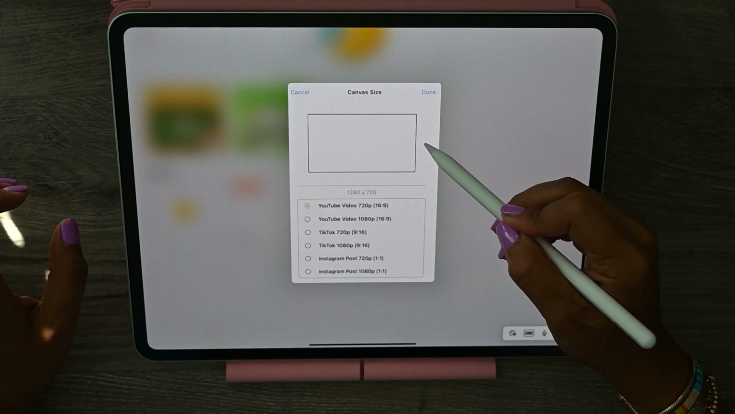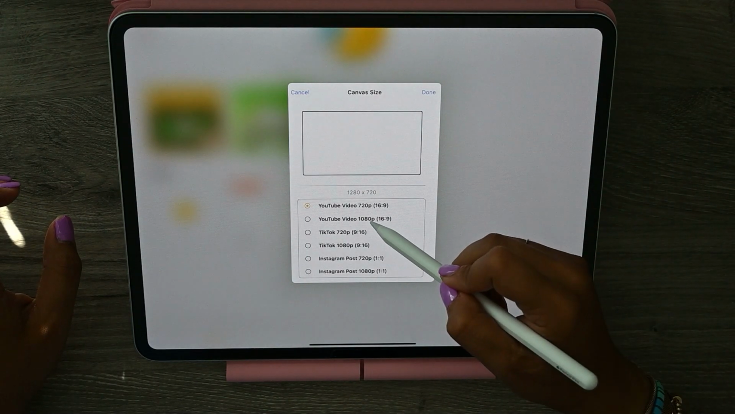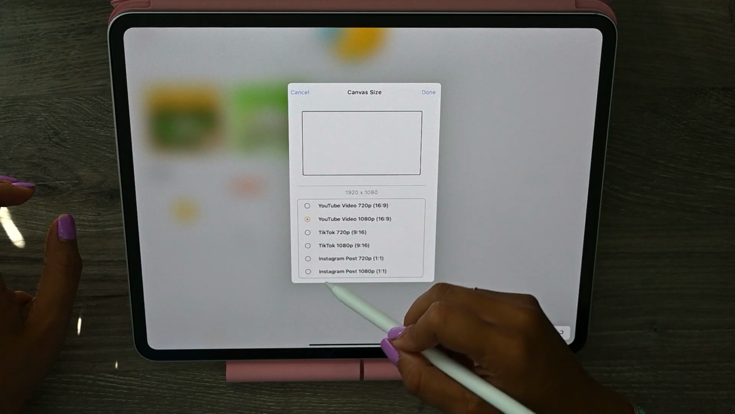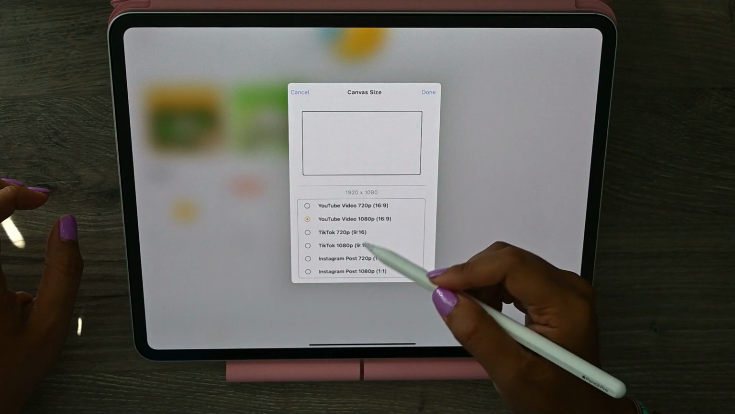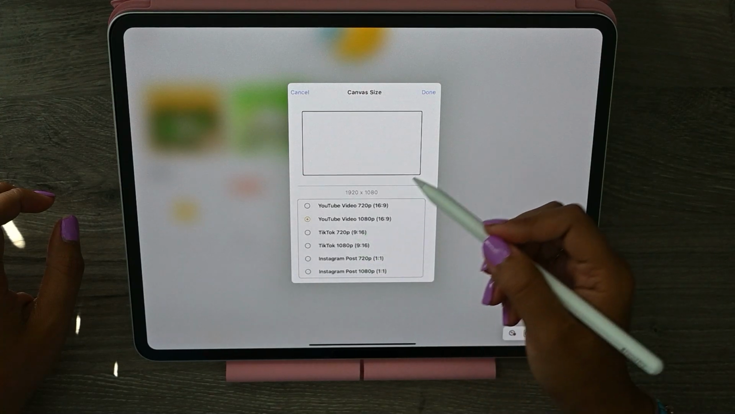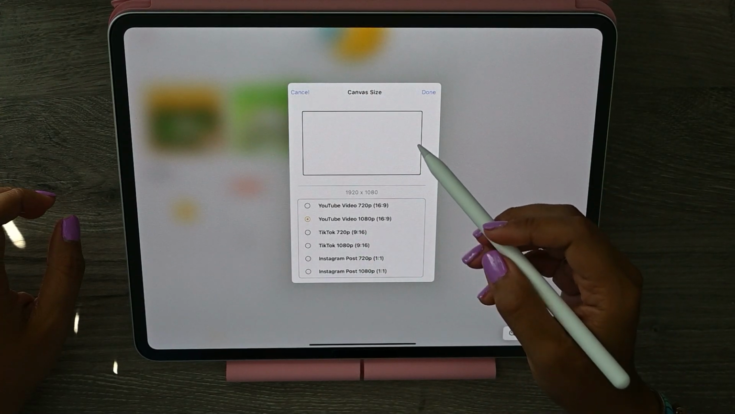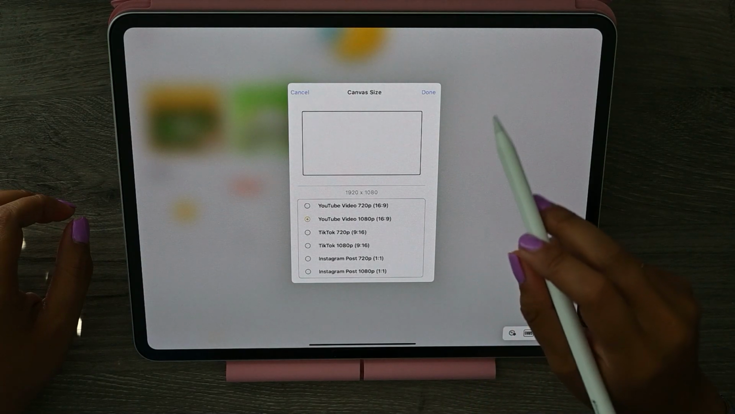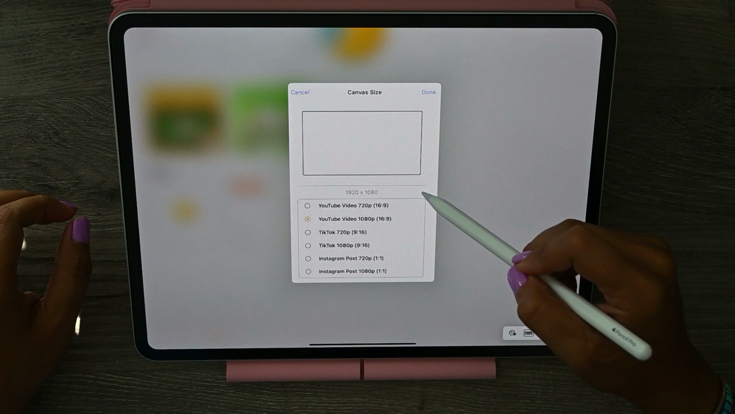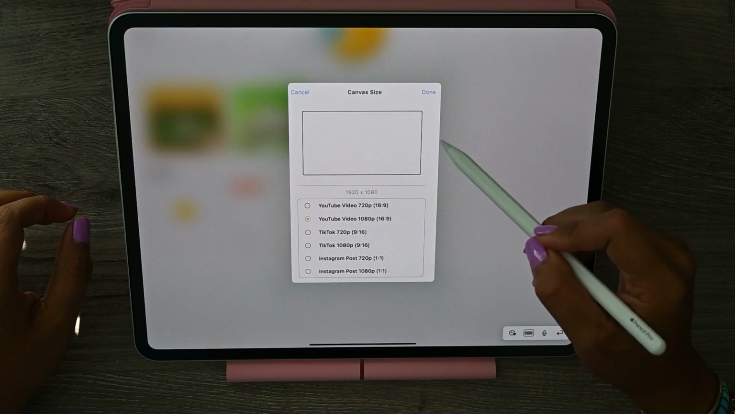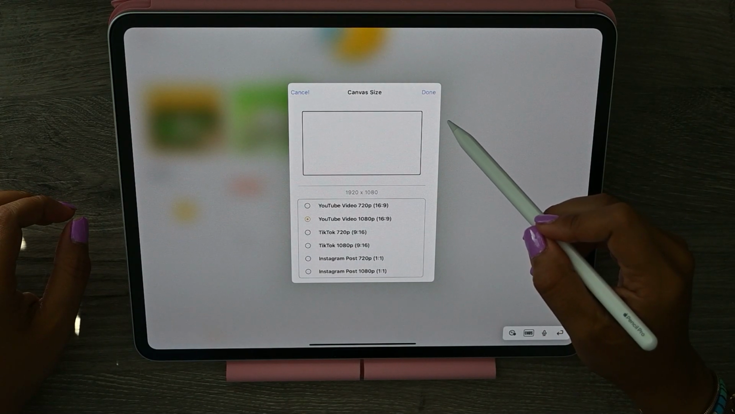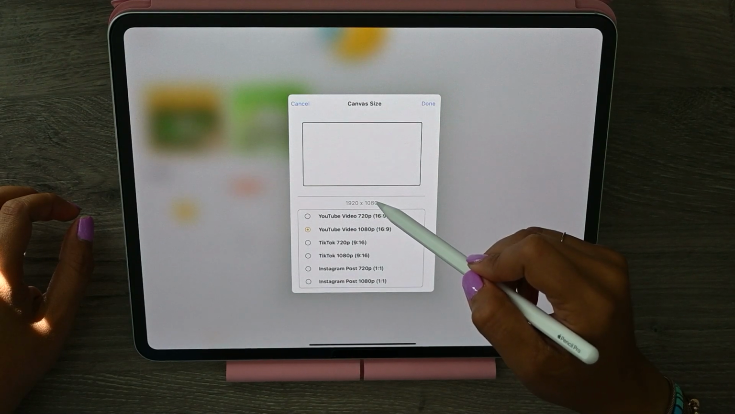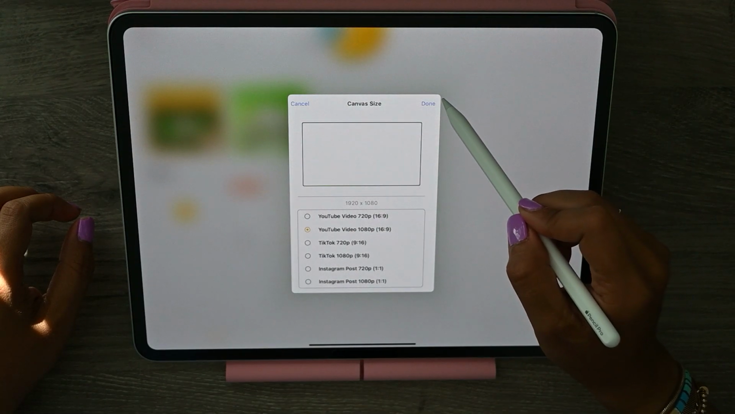Over here, I always do 1080p. Always. You can do other sizes, like 720 for Instagram, or 1080p for TikTok, which I believe is portrait mode. And yeah, once you have the resolution done, you hit done,